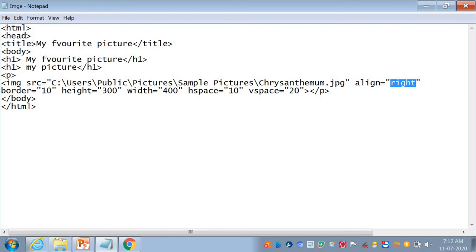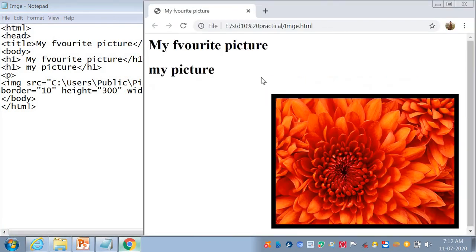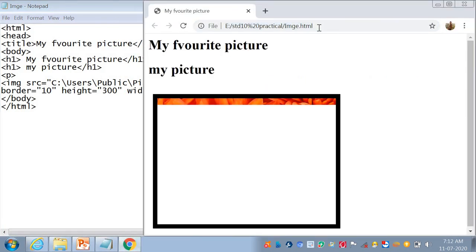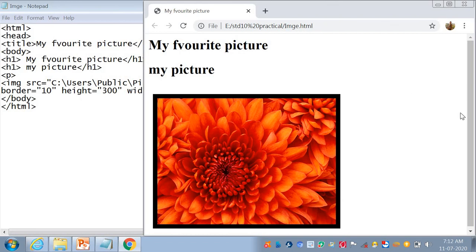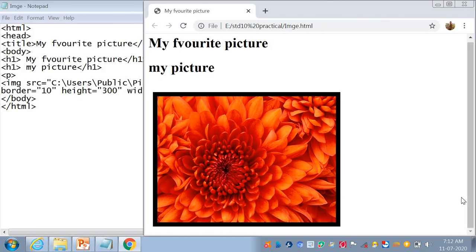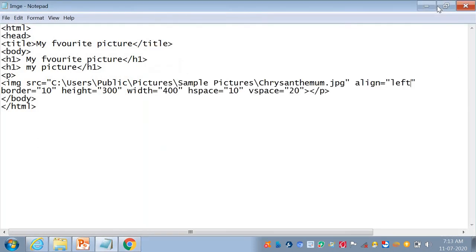Here I change the left alignment and you can see your picture. And without hspace and vspace you can check.